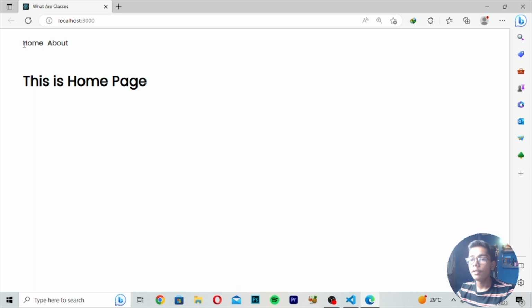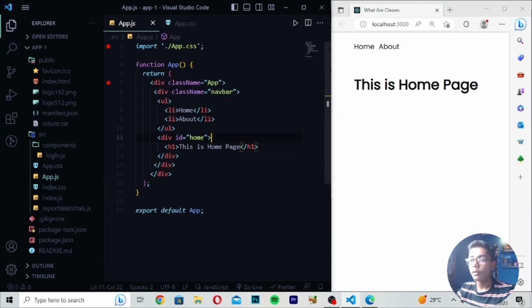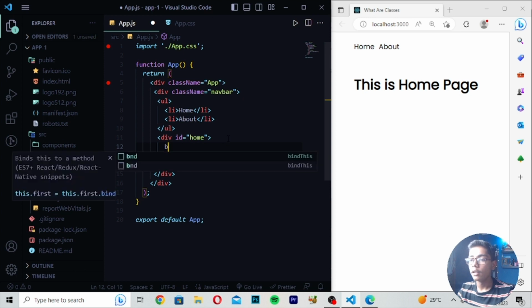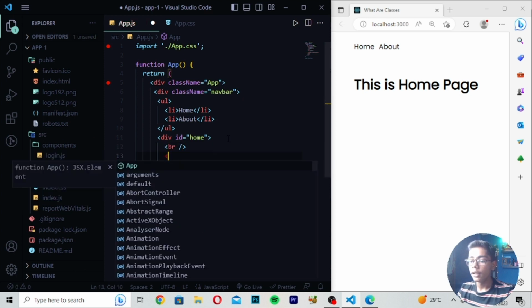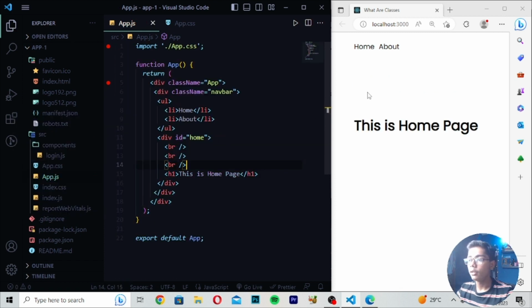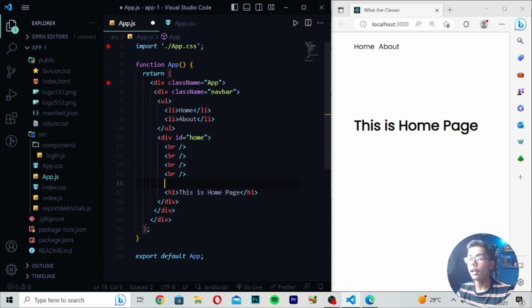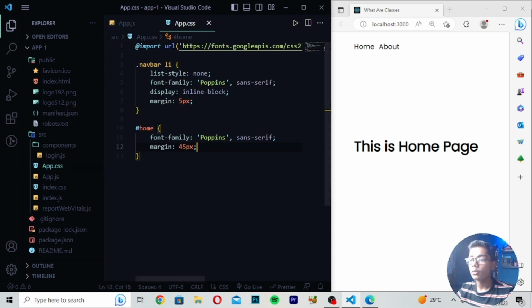So now you can give it some effect here, like you can move this down. For moving it down, you just have to use the br tag here. So I will write it like this, and then I will write the br tag. Then again you have to write this br tag, then again write this. You can see we have just written, and it is moving down. So like this you can use these tags here, and you can see how you can use the IDs and classes. This is the thing which I want to tell you, how you can use IDs and classes.